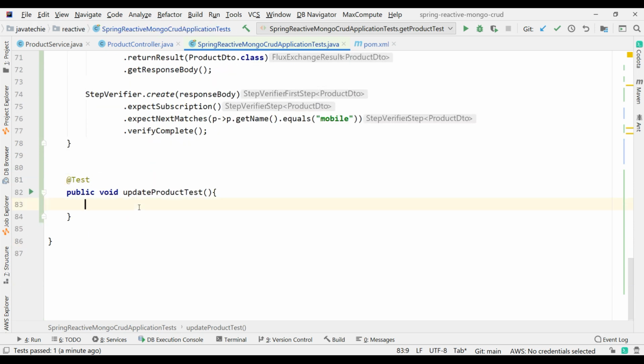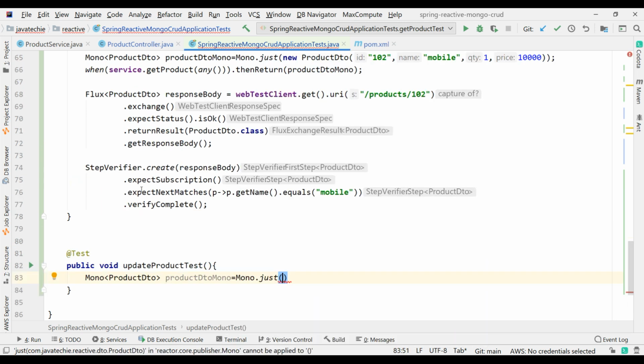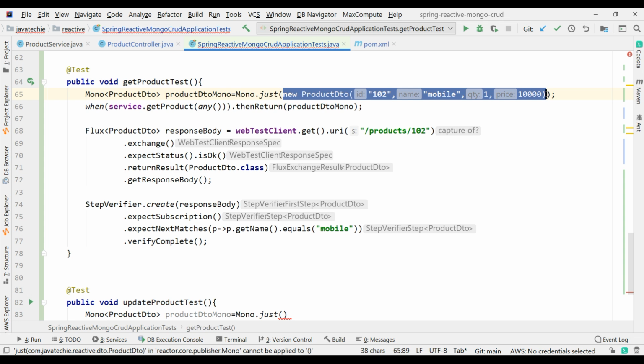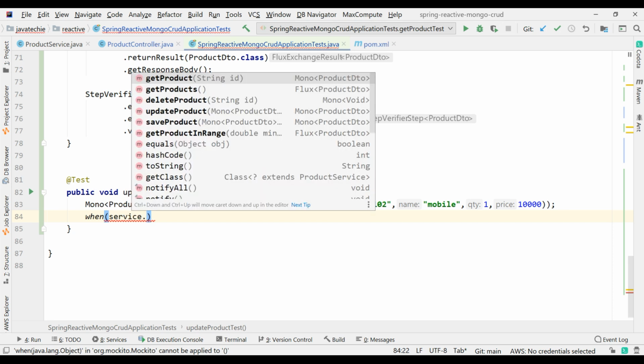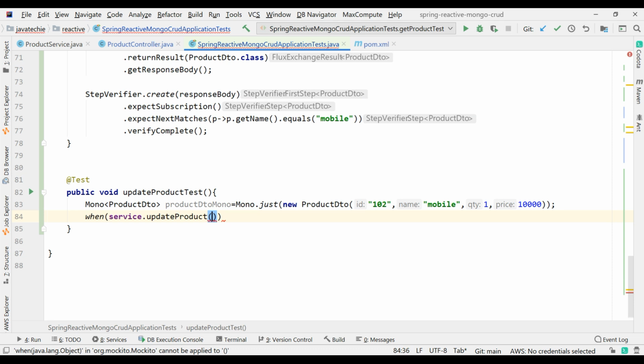So just create this mono dot just, I'll just copy one of the objects. Fine. Now here what I'll do, I'll just mock the API call when I call service dot update product of this mono, and I will pass the ID which is 102. You can pass any, but I am just giving 102. Then simply return me product DTO mono.